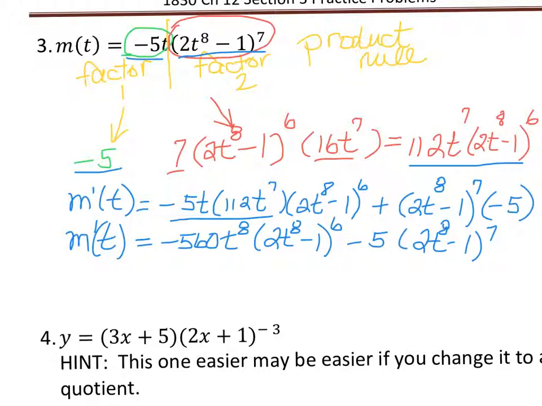I will warn you, in my math lab they will take this out one extra step, and I'm going to explain the step to you, but I don't expect you to do it. This is just for the folks that are actually doing the homework in my math lab and trying to come up with their answer. So what they would do in the next step is they would look at this factor of 2t to the 8th minus 1 and 2t to the 8th minus 1, and they would say, hey, the lowest power of that is to the 6th. So what they would do is they would actually factor out